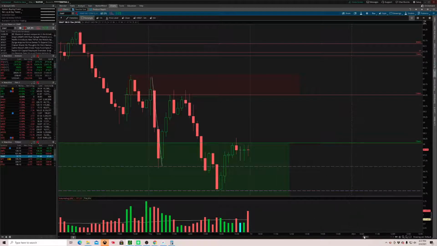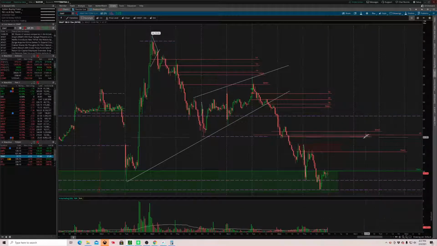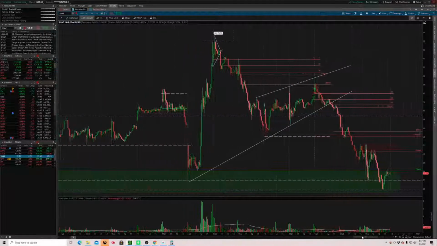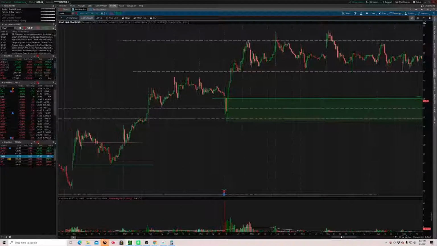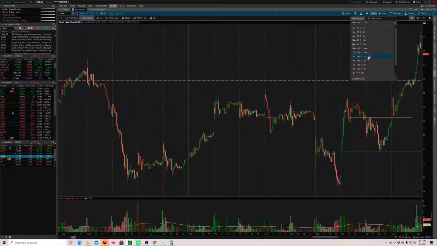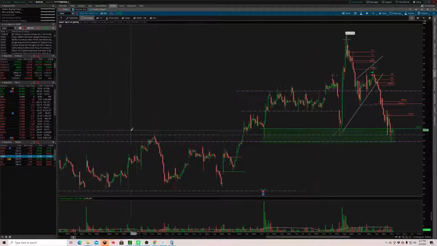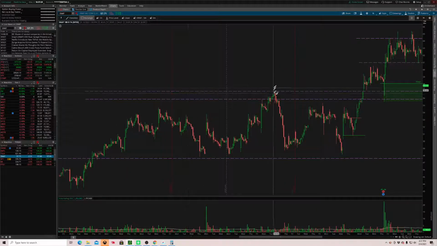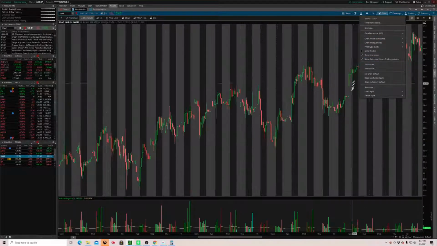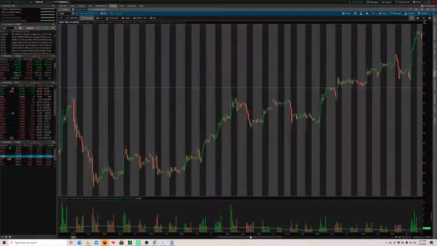I marked this resistance support point some time ago, and I never really looked back, and I'm beginning to see the reason why these support regions are very important. Because I had a look back, and if we go to say a 1 hour time frame, where it first bounced, I marked it here, and I think there's some pre-market data, which if we turn on show extended hours, I'm sure, because I haven't actually done this yet,